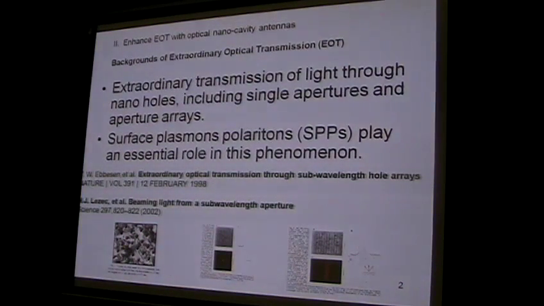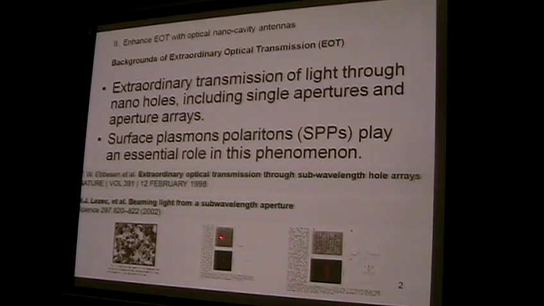If you use the dielectric material, make a sub-wavelength hole, particularly nano hole, you can't see light go through. But with the metal, with the surface plasma resonance, you can have extraordinary transmission of light. So this is called extraordinary optical transmission, EOT, and that was done earlier, a decade ago,